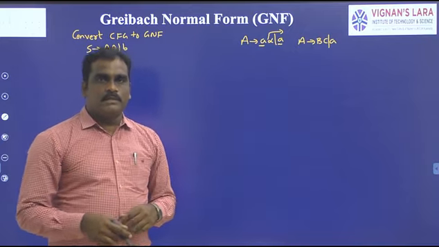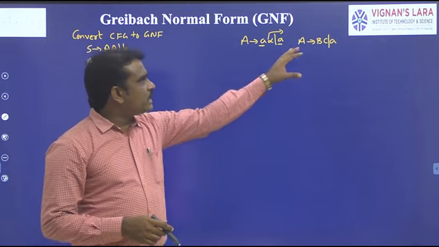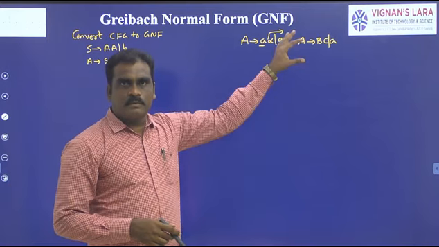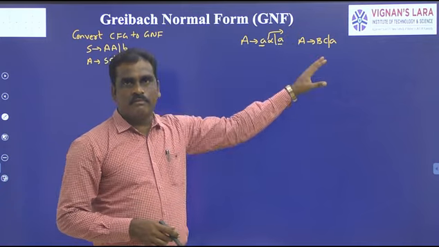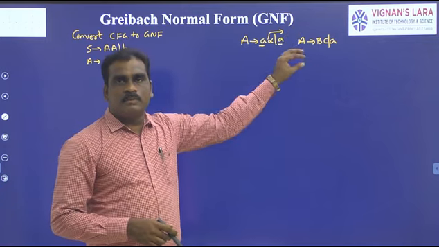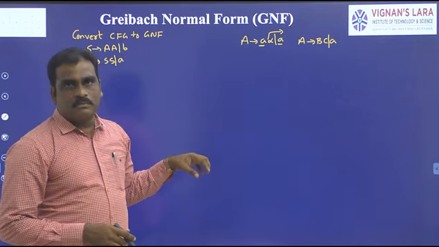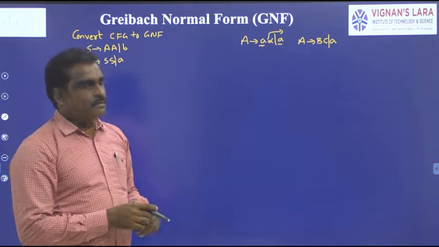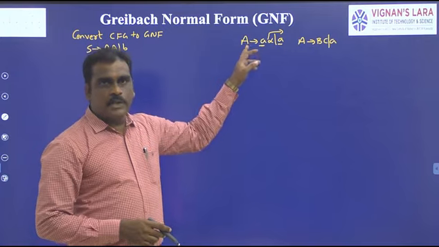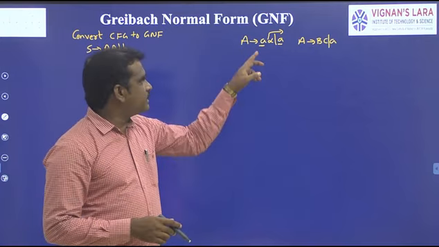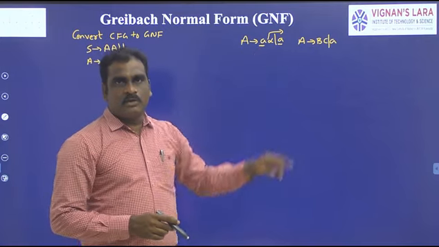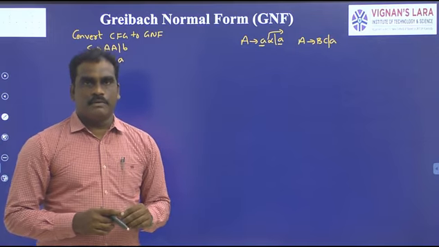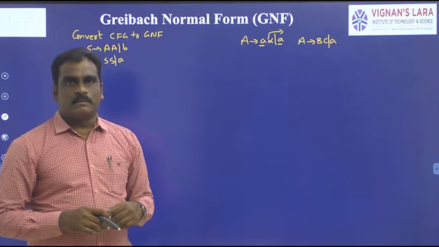Later in step 3, all the productions are in CNF form, and that becomes input to step 3. In step 3 we have to convert into GNF form. This is the GNF form, A → aα or A → a, starting with a single terminal symbol followed by 0 or more variables. So this is the procedure.